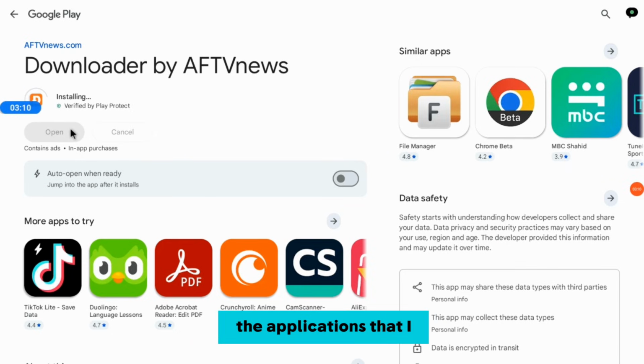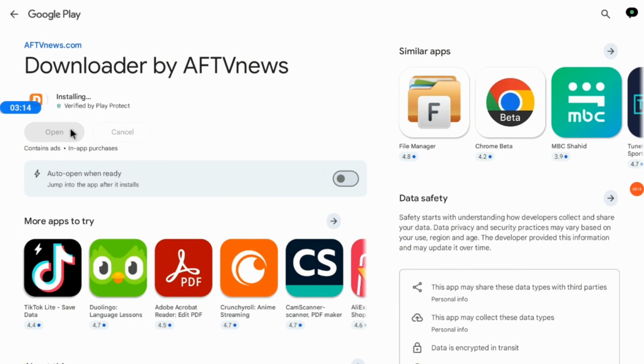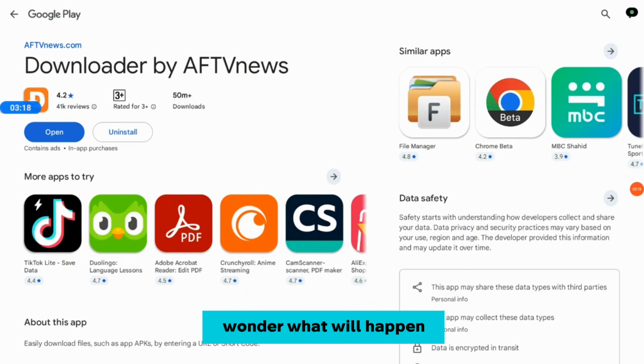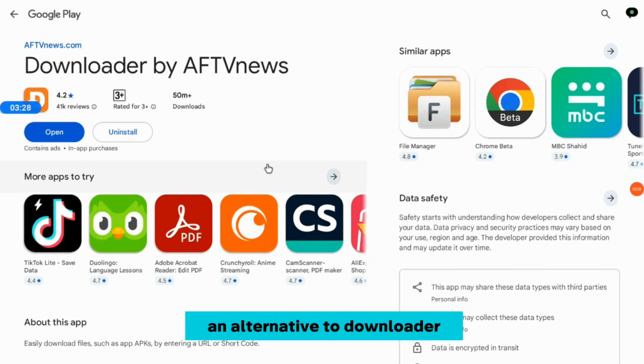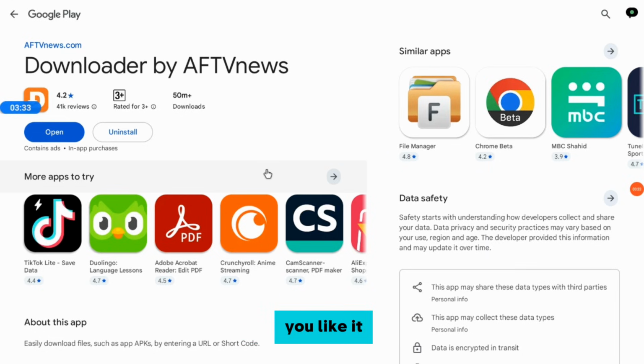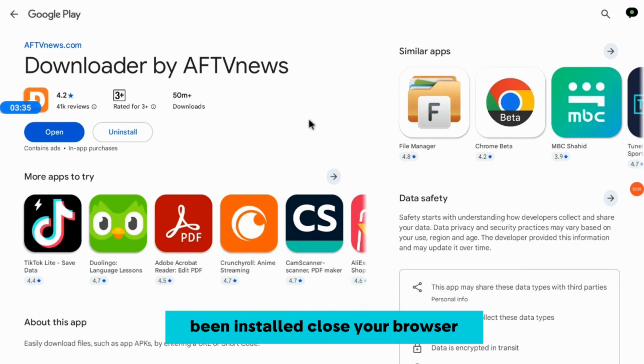Downloader is one of the applications that I have used in literally almost all of my videos, because Downloader works perfectly. Sometimes I really sit and wonder what will happen to us Android TV users if Downloader stops working. But yesterday I created a video on an application that you can use as an alternative to Downloader. You can check out that video and let me know if you like it. The application will be installed. Close your browser